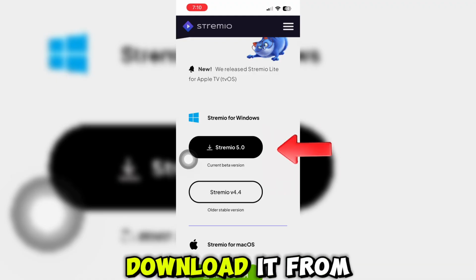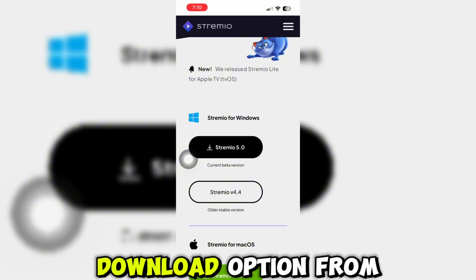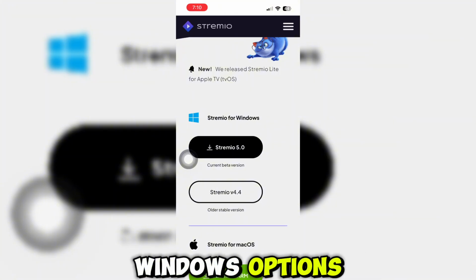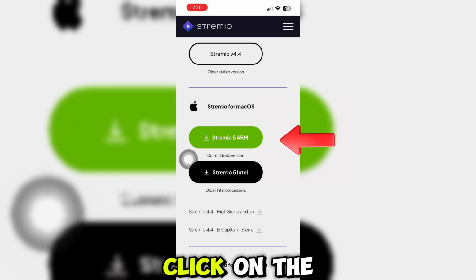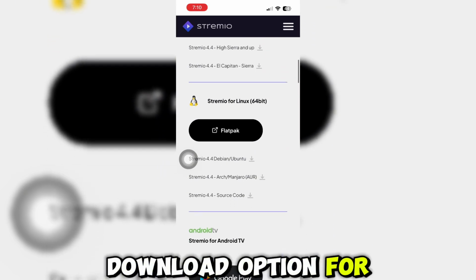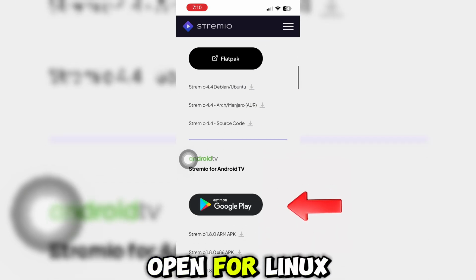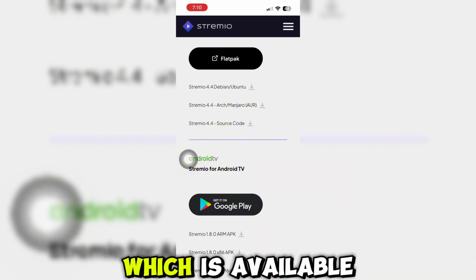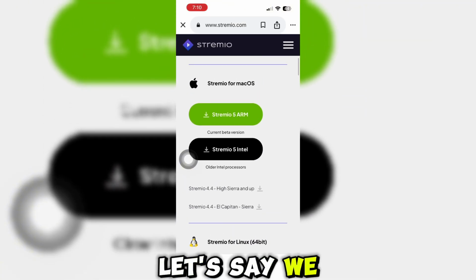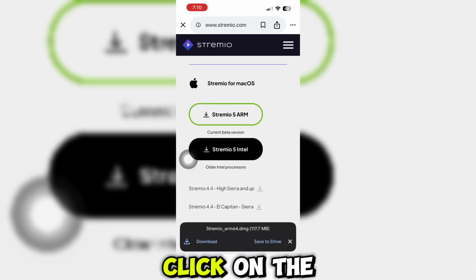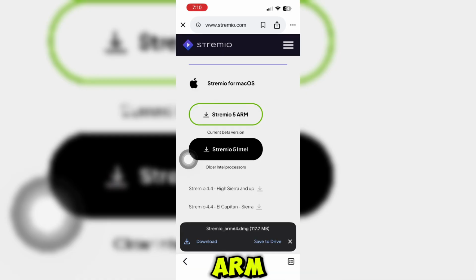So if you are going to download it for Windows, click on the download option from the Windows options. If you are going to download it for your Mac, click on the download option for Mac. It is also available for Linux and Android TV, which is available on Google. And then afterwards, let's say we are going to download it for Mac, click on the Stremio 5 ARM, and